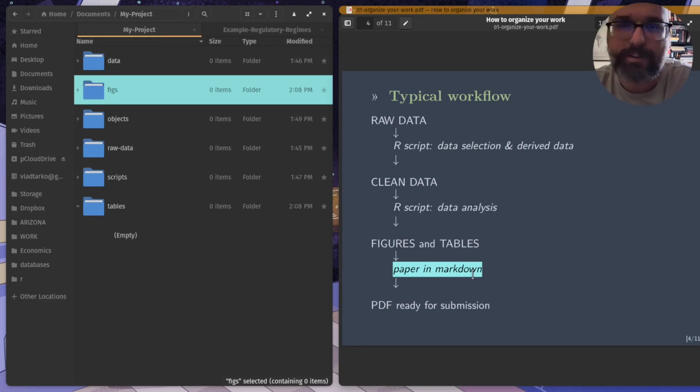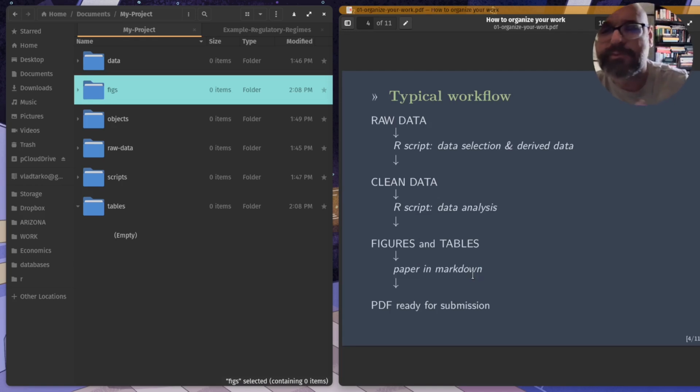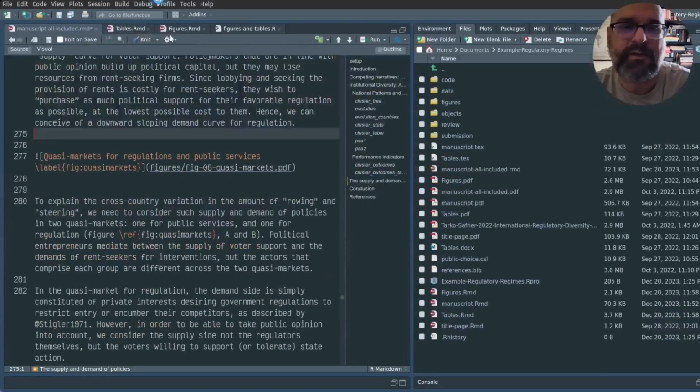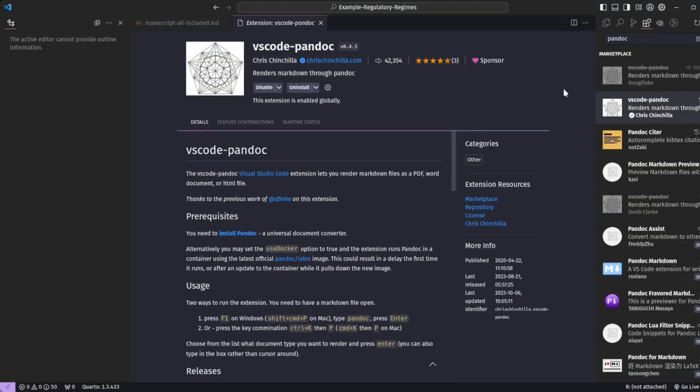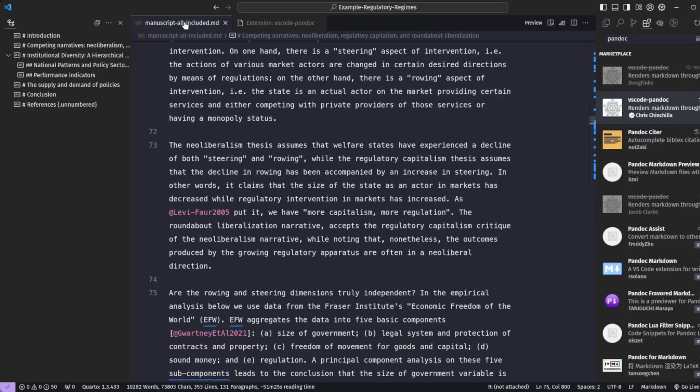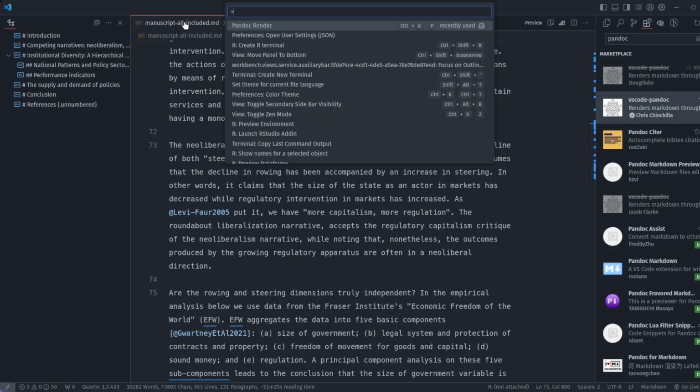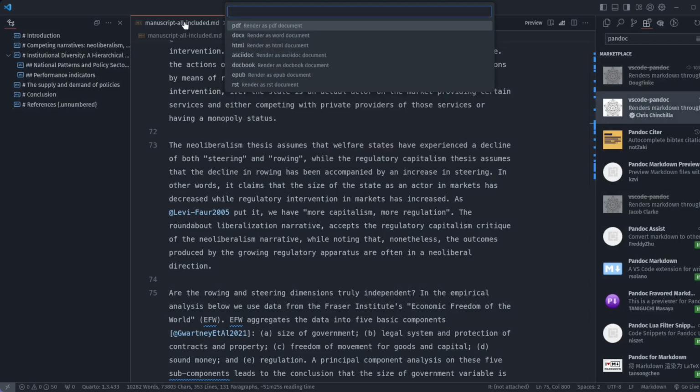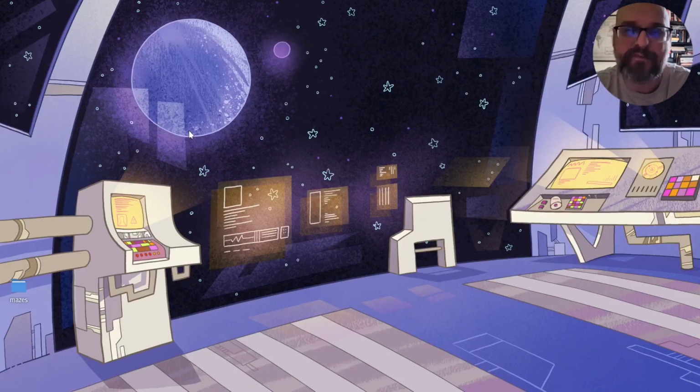Once you have the markdown paper, if you're writing it in RStudio, you can just knit it into a PDF or a Word file, or if you are writing in VS Code, there's a Pandoc extension that will do exactly the same thing. And if you're using some other programs, you can basically just use the Pandoc program,